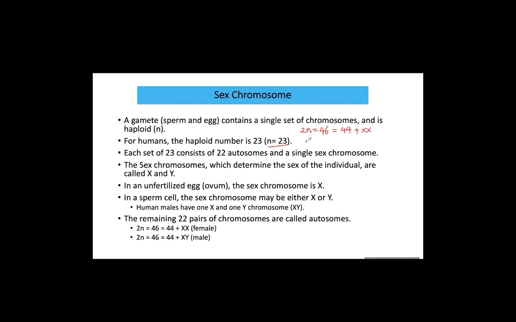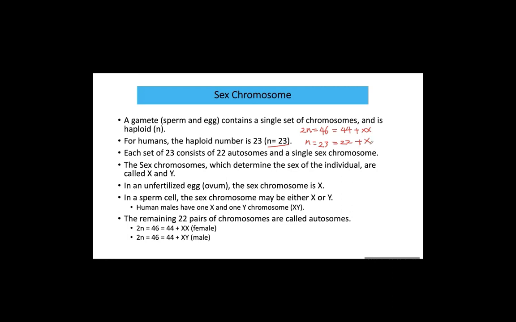Now, when you think about haploid, you just divide by 2. 23 equals 22 plus X. Okay. So the oocyte or egg cell has 22 plus X. This is the configuration of the chromosomes in the gamete,